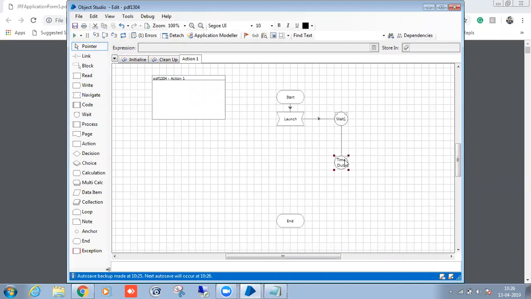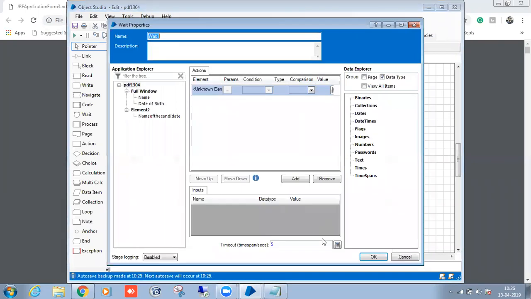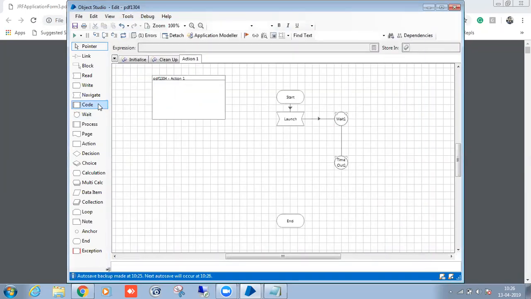We'll wait for 5 seconds. Okay, this is the static wait I'm taking now. 5 seconds. After that, I need to read the values.